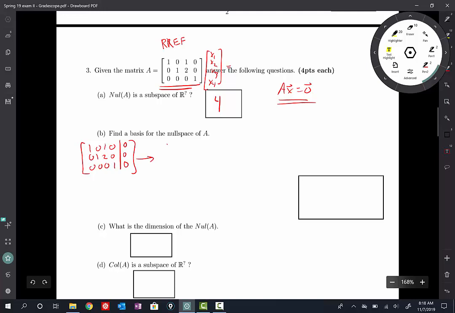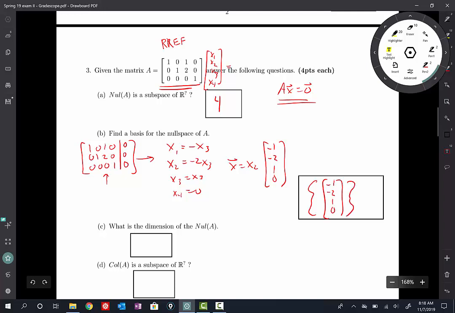And then once it's row reduced, I would write my solutions in parametric vector form. In this case, I get x1 is equal to negative x3. I get x2 is equal to negative 2x3. x3 looks like it's a free variable. I don't have a pivot in this column. And it looks like x4 is equal to 0. So in parametric vector form, it looks like negative 1, negative 2, 1, and 0. So that would be my basis